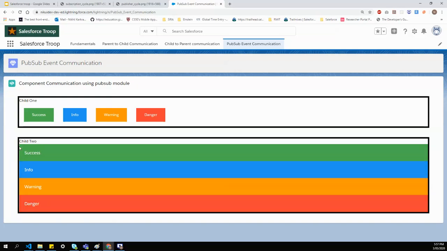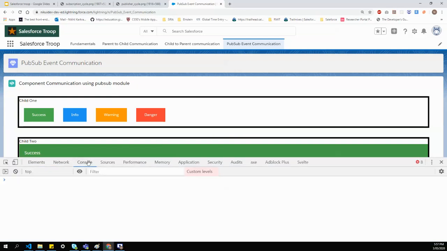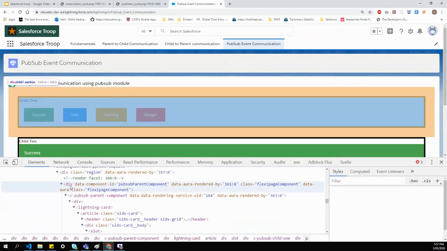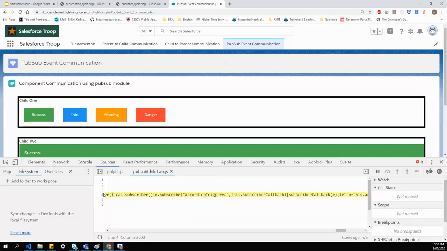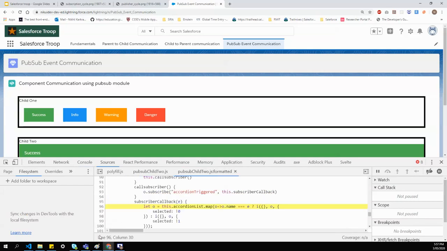So if child 1 says open success component, it should open the success component. Right now it's not working. Let's see where it's breaking. Are we getting any error in our console? It's saying cannot read property accordionList of undefined. Maybe we misspelled something.